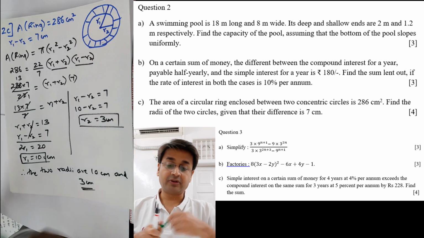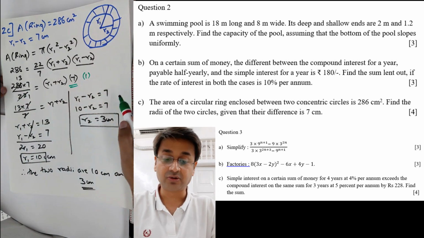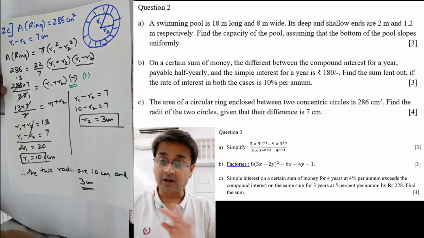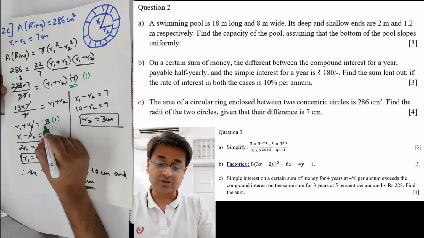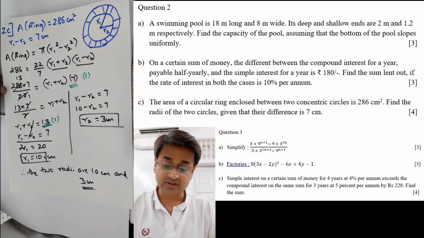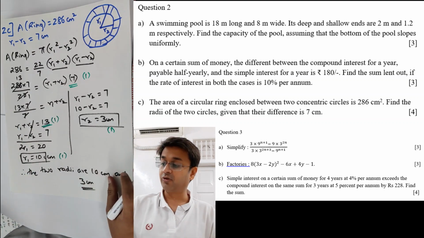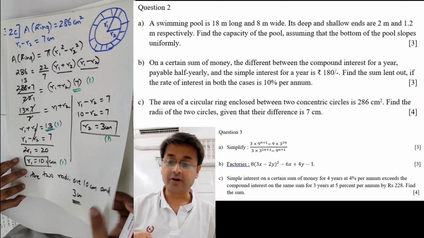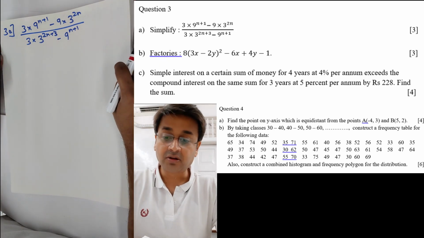So first 1 mark when you've written the correct formula with the value substitution, okay? Not on the formula. No marks for the formula the board gives, okay? The next 1 mark when you reach to this point where R1 plus R2 is 13, and then for each of the R's 1 mark. So you get 4 marks altogether. I hope you've got a 10 on 10 here as well in the second question. Moving on to the third question.